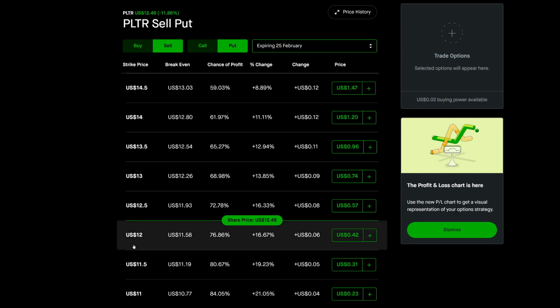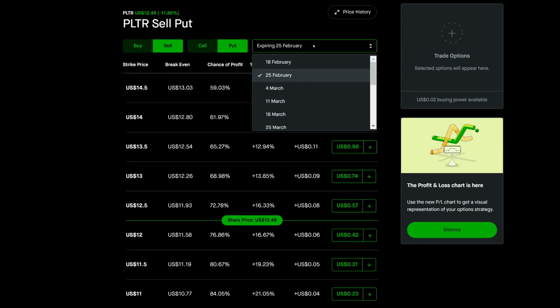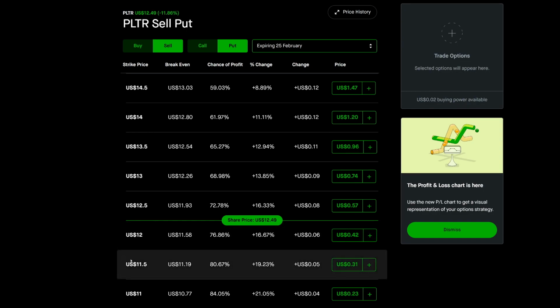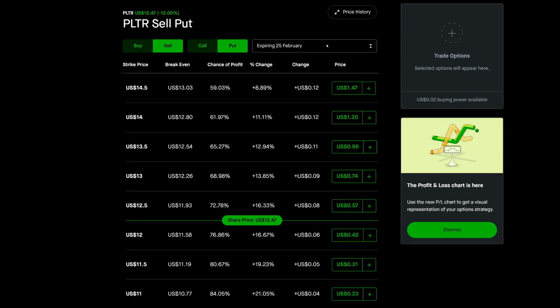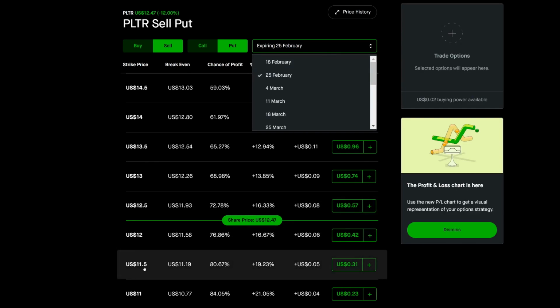The way that you would do this is by a roll. So in this case, what you would do is you would pick a further expiration date. So let's say you would do March 4th or March 11th, whichever day that you want to, but a date that would give you that strike price that you want to roll down to, that would give you the difference. So in this case, you would just buy back the $12 option at 42 cents, whatever it's worth. You would pay that, and then you would need to select the expiration date and the right strike price, and then you would pay the difference, because you would